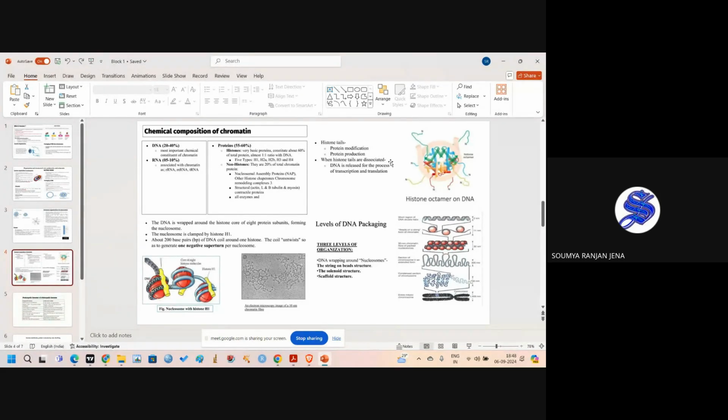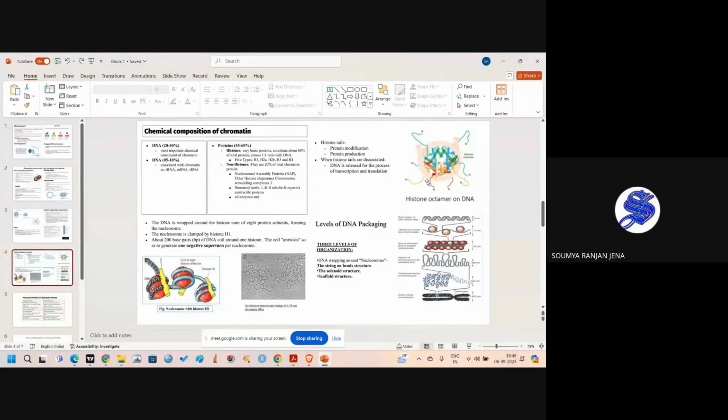When histone tails are associated with DNA, the DNA is released for the process of transcription and translation. If we release this DNA to the outside, then transcription and translation will occur